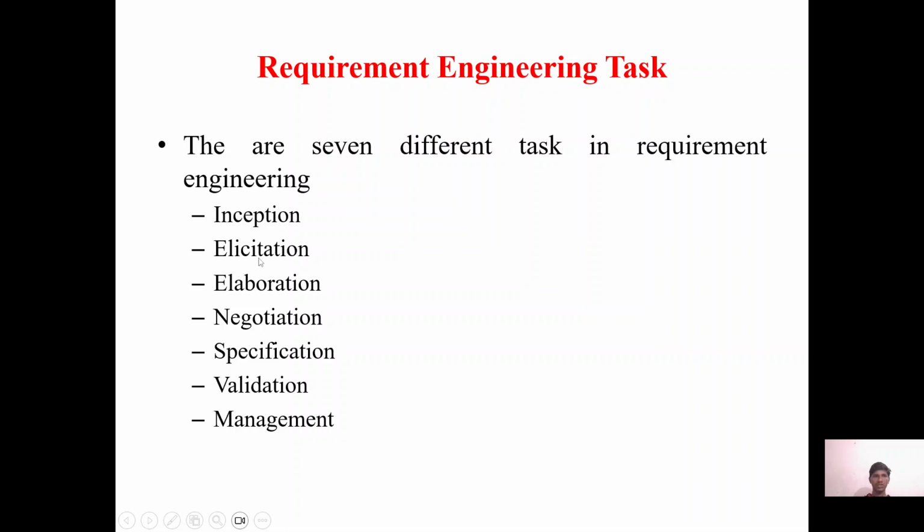Next is elicitation. This phase focuses on gathering the requirements from the stakeholders. Inception will be asking the questions and getting something. So here in elicitation we will be gathering the things. The right people must be involved in this phase in order to get the requirements correctly. There will be some problems during elicitation. The problems such as problem of scope, problem of understandability, and problem of volatility occur during